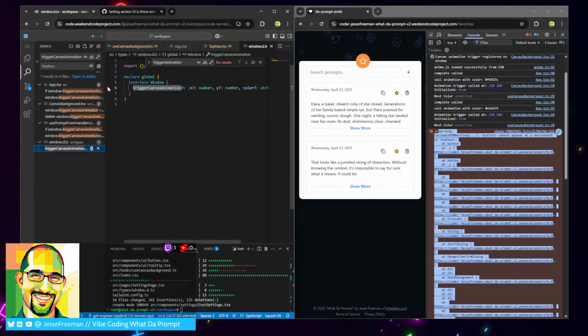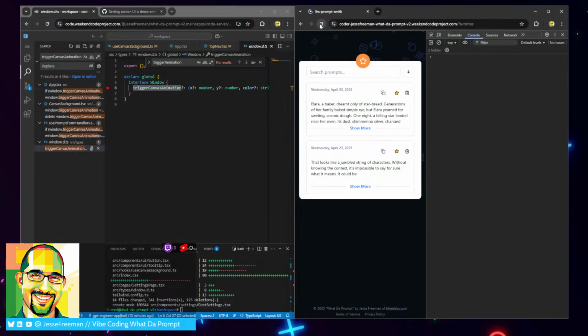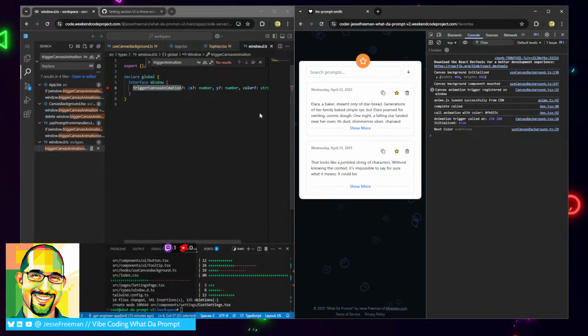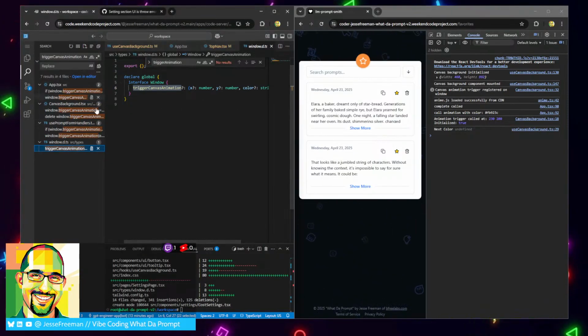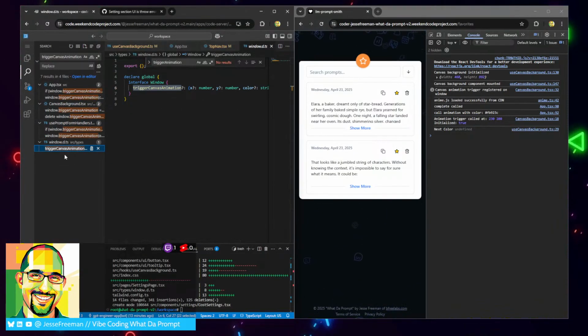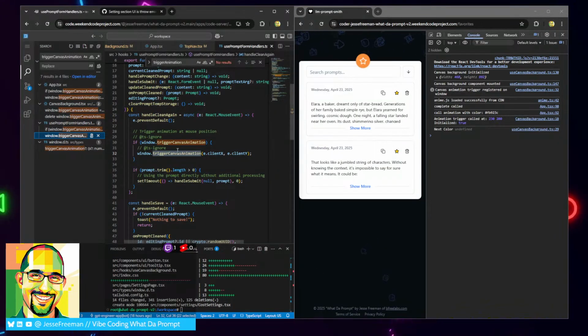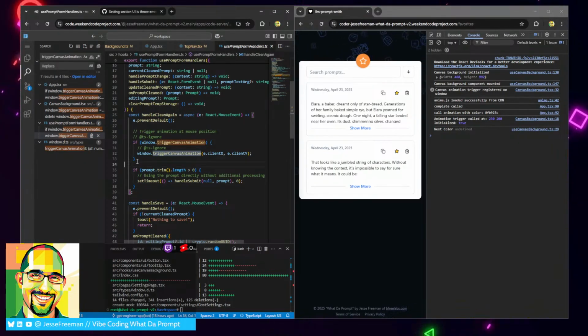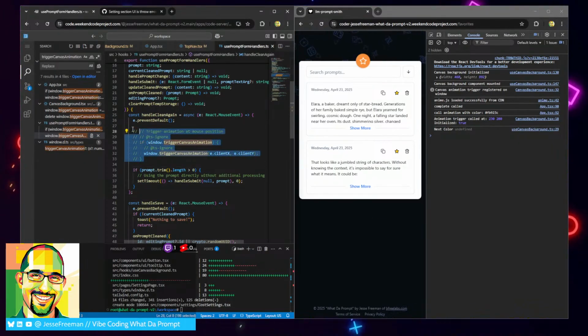I wonder if breakpoints work. I don't have the React tools connected. I don't think this is connected like that. I'd have to set up all this debugging stuff. I don't even know how that would work in this weird setup of mine. But all right, let's see here. Use prompt form handler, trigger animation and mouse position. I don't think we need this either,